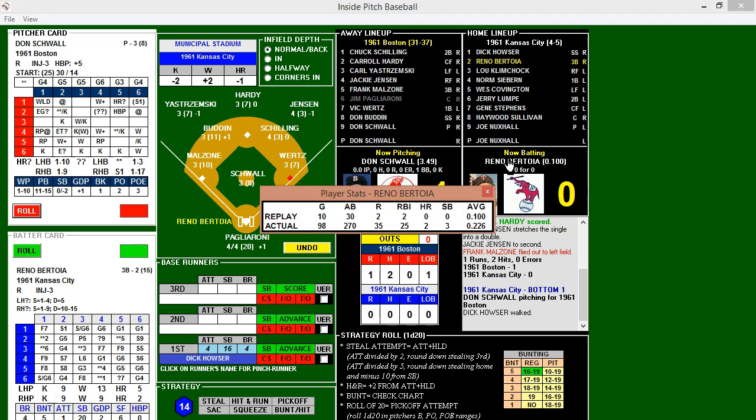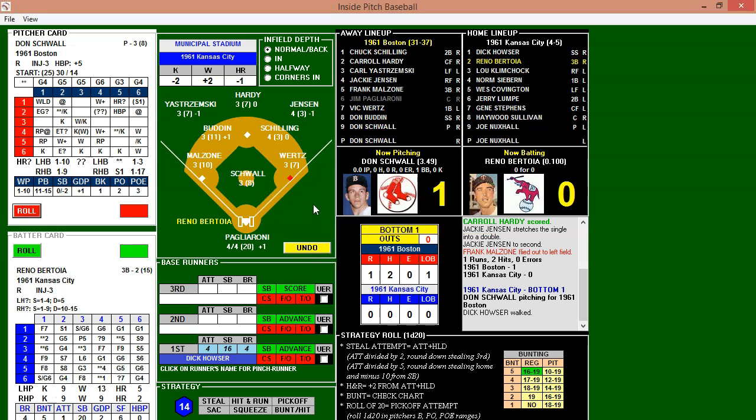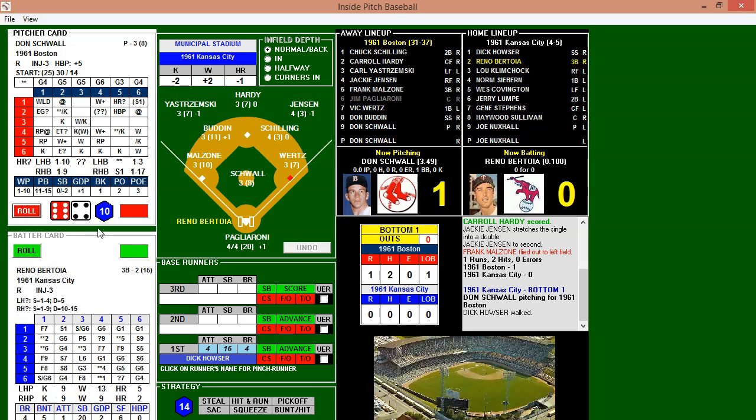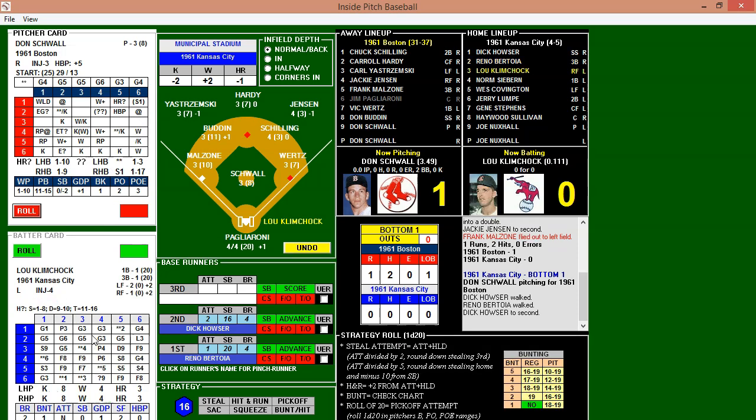Bertoia struggling against the Red Sox, hitting just an even .130 in at-bats against the Red Sox. On the actual season, just a .226 hitter, 2 homers, 25 runs batted in. So Wirtz will hold on Hauser at first, the future manager. Schwal looks in for the sign, looks at the runner. Here's the delivery. And he will draw the walk too, so back-to-back walks to open up for the Kansas City Athletics as Pagliaroni goes out to talk to him. Try to settle him down. Goes back behind the plate.